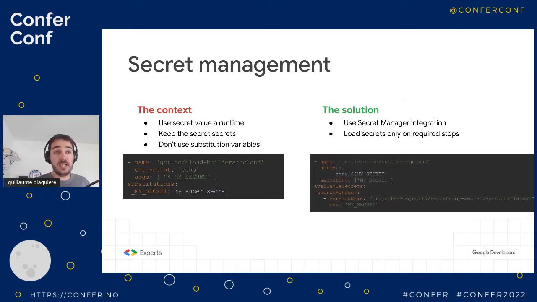So, for example, here you have your secrets defined as environment variables. Here, name secret arm. And how do you load the secret arm from Secret Manager? You have here the available secrets to define in your pipeline. It's a global definition. And you have here the name of your secrets. So you have the full name. You have to define the project. That also means you can go to another project to get the secrets.